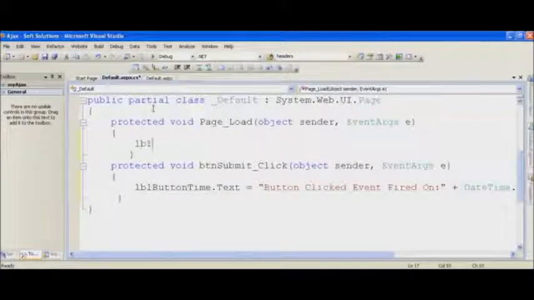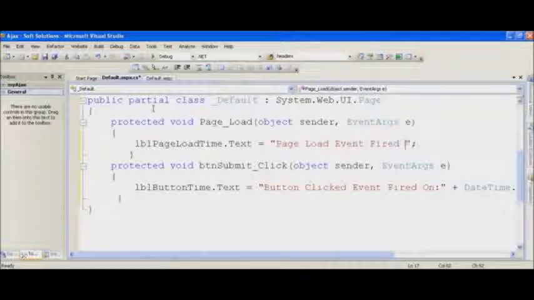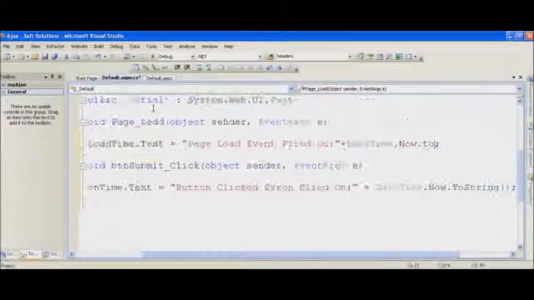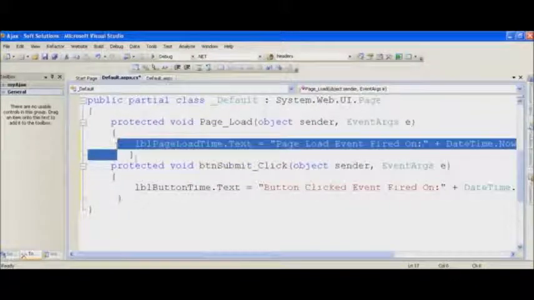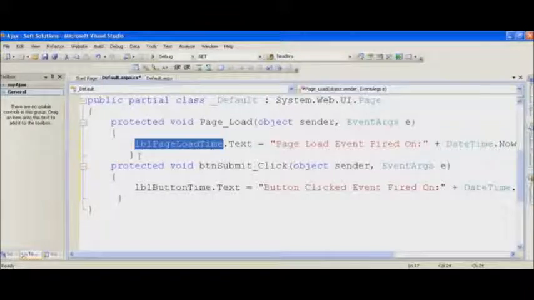Similarly, on page load, we will write down the code lblPageLoadTime.Text is equal to "page load event fired on" plus DateTime.Now.ToString. This line of code will print the current date time in the label page load time.